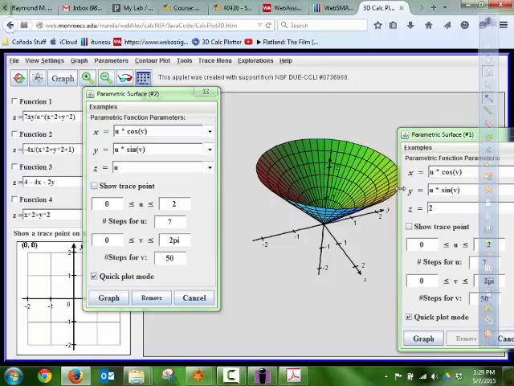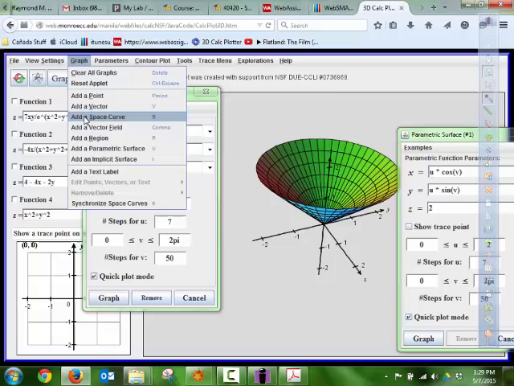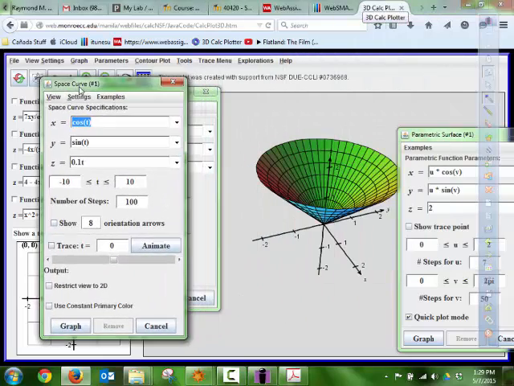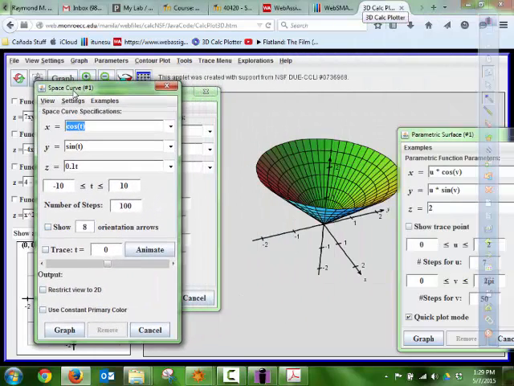A change in the z. A little bit more than that. You mean like as a space curve? Yes. Okay. So, as a space curve,